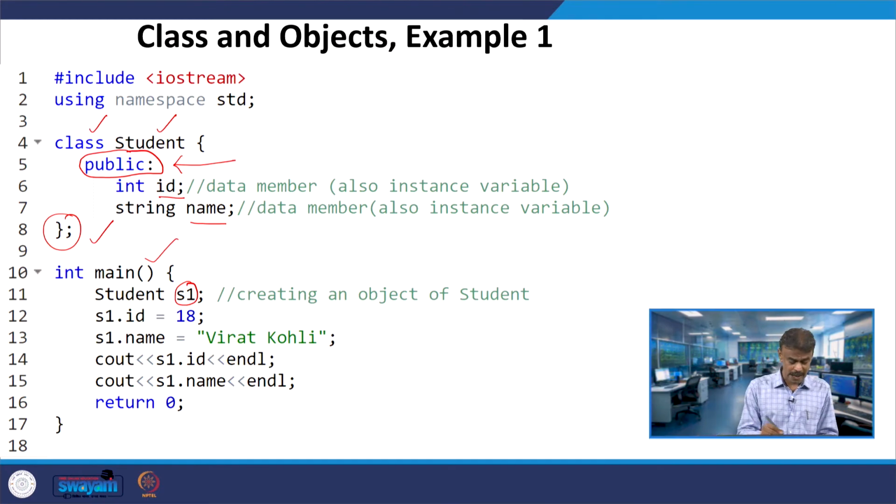Now you have this object S1 invoking the data member id, and id is assigned the value 18. You might have written in your procedural oriented programming int a = 10, simply.